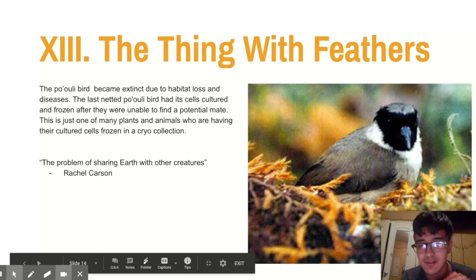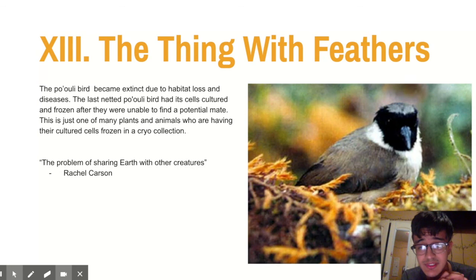The thing with feathers. So the Pallid bird is brought to extinction due to habitat loss in the seas, and this happened in 2004, which is to say that in 2004 we saw a species of bird die because of human causes. And the last known bird had its cells cultured and frozen after they were unable to find a potential mate, and now they have many more species getting their cells cultured and frozen because now we have a lot more endangered species as well. And like Rachel Carson said, she called this the problem of sharing Earth with other creatures, and she's the same person who prohibited DDT. And the author makes a point that life is extremely resilient, but not indefinitely so,